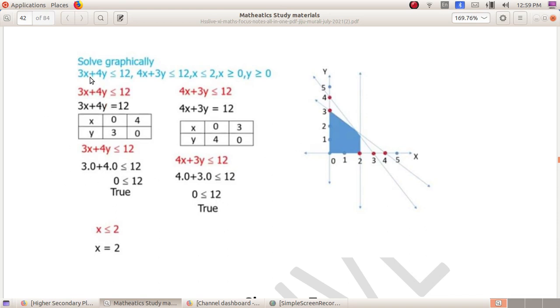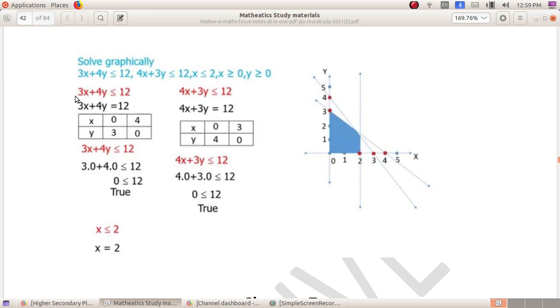Okay. Then we have to shade the corresponding part. See here, this is the first inequality, 3x plus 4y less than or equal to 12. For shading, first you consider the origin, 0, 0. This one is the first line. So you have to shade either this side or this side, either upward or downward. If you shade downward, the origin will be included. So you have to check whether this 0, 0 is included.